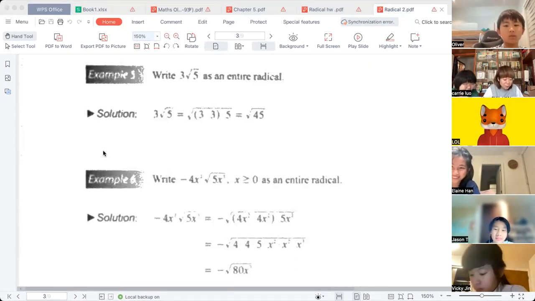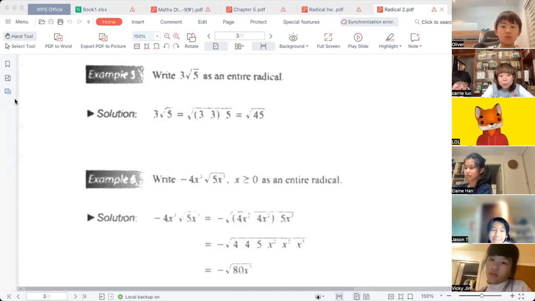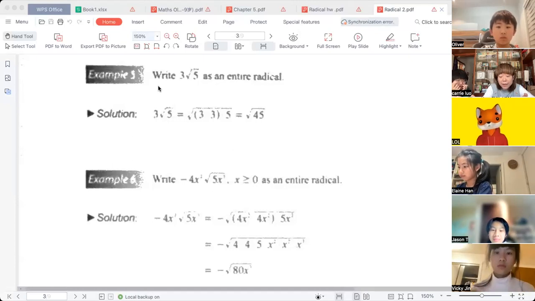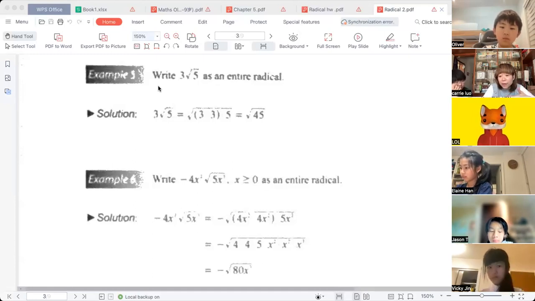Example 5. Write 3 radical 5 as an entire radical. Thank you. Jason 帮我们读了，那我不用再重新来了。好，第一道题目，entire radical, that means what? 我说过了，数学是什么呀？Math is a process of you going forward and you know how to get it back. 就像三文鱼一样的，你游出去，你要知道怎么游回来，对不对？